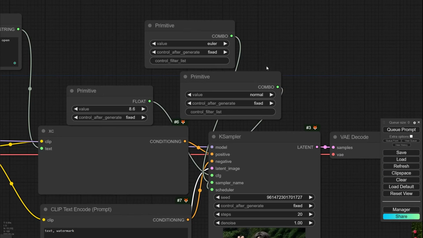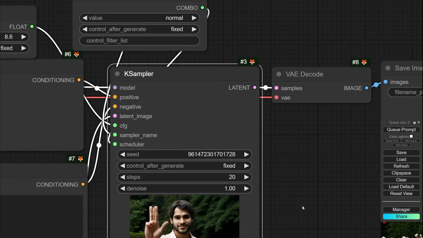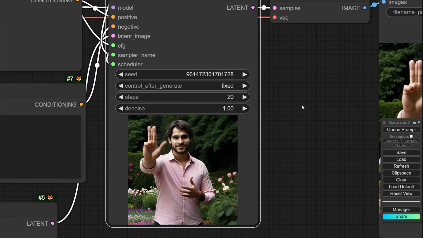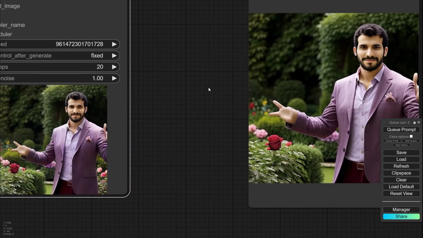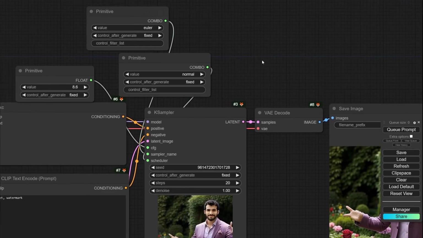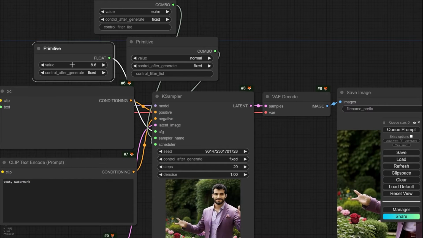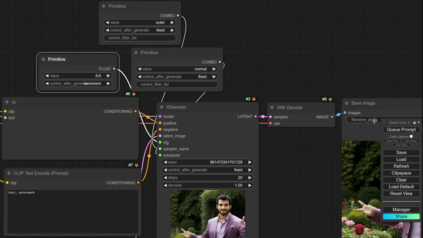And let me start the prompt. Okay, let me change my seed number. Every time that you are changing the seed number, you can generate a new image and the image will be changed. But if you press Q and nothing happens without any error, there is not anything new for generating. So now if I change the control after generation to increase,